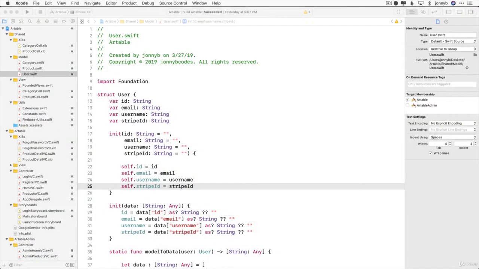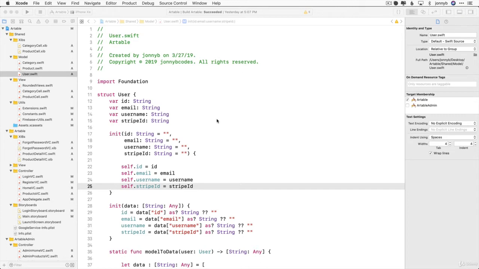In the last lesson, we created our Artable user model and stored a new user in a Firestore users collection. And that's all well and good, but how do we access that information in our app once we have created that new user upon registration? A user's information is often used globally throughout the app, so I believe that this is a good case for using a singleton. We're going to create a UserService singleton whose purpose is to fetch and hold information about the